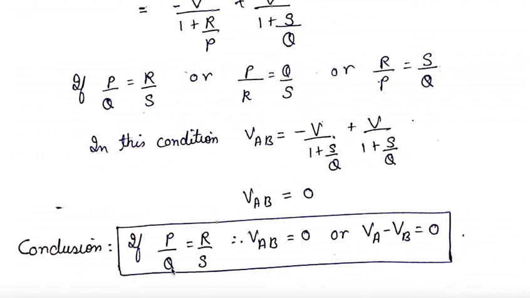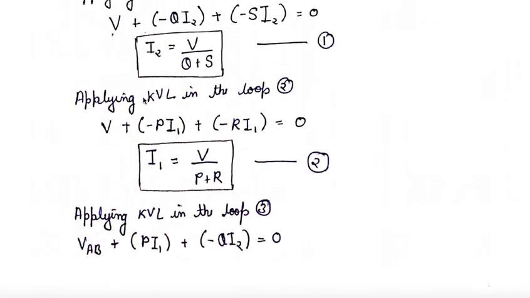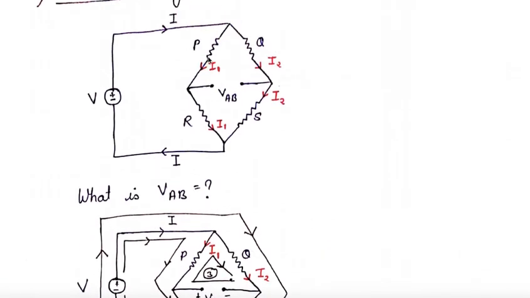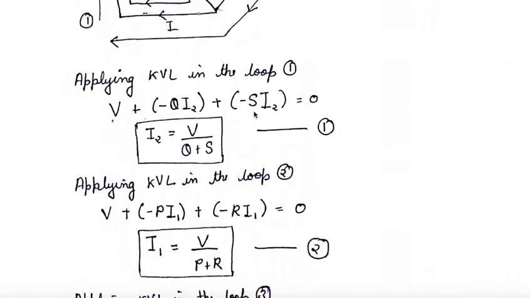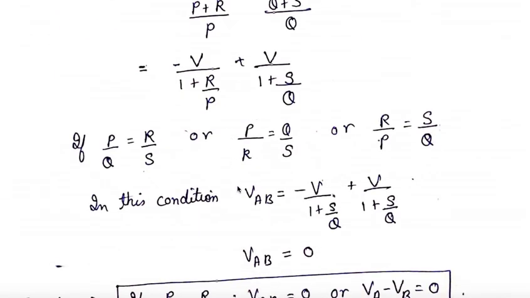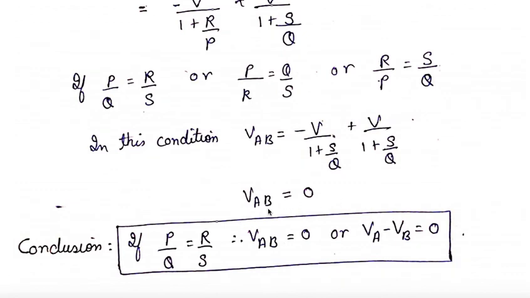So whenever this condition applies, like this was our condition that the ratio of P by Q and R by S is the same, then for our purpose we have cross multiplied and taken the reciprocal of it. So this is the condition given: the ratio of P by Q should be equal to R by S. If it is so, then the potential difference across the bridge is always 0. There will be no potential difference between those points.